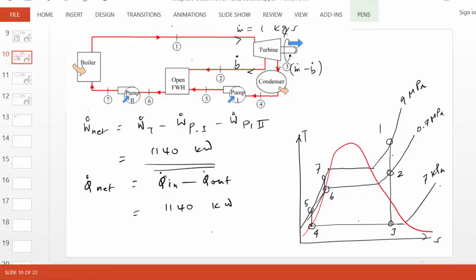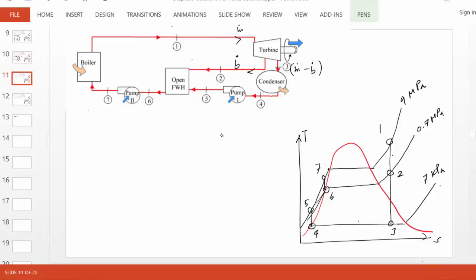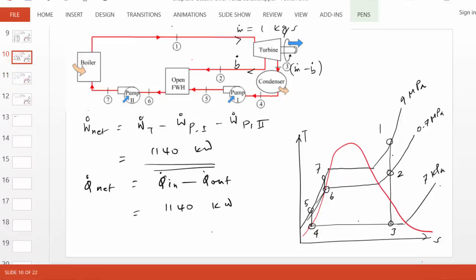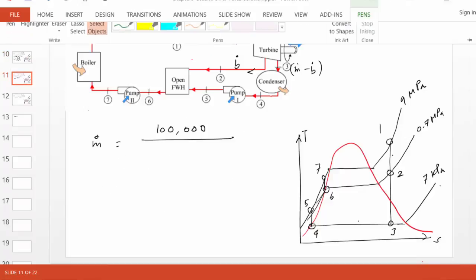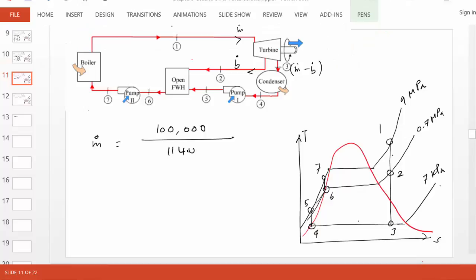Now, in this particular problem, they mentioned that the net power output is 100 megawatt. So to scale it up, the real m dot in the problem should be what? The m dot should be 100 megawatt, the net power output, divided by, based on 1 kg per second, the net output of only 1140 kilowatt. So if we divide this by 1140 kilowatt, that gives us a mass flow rate of